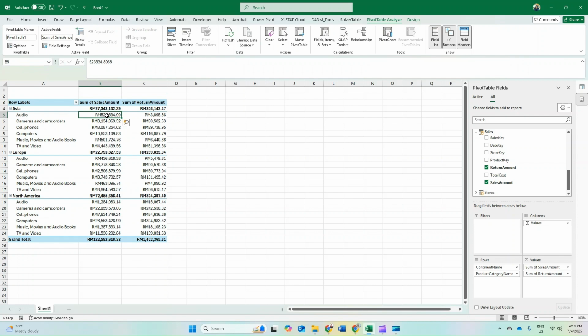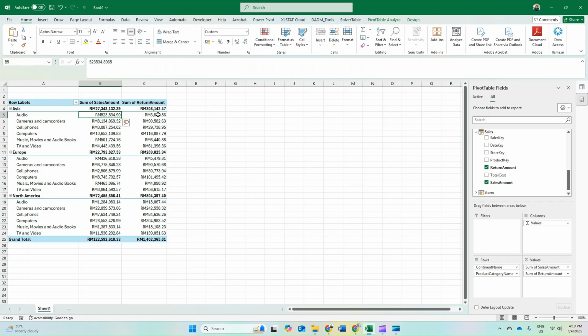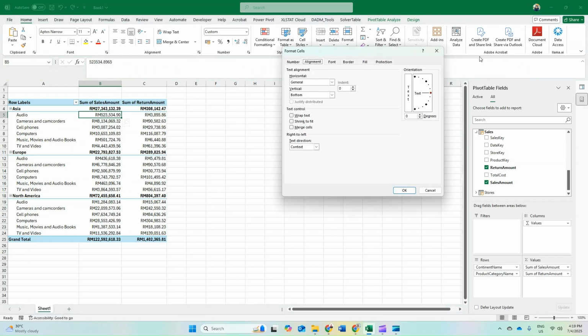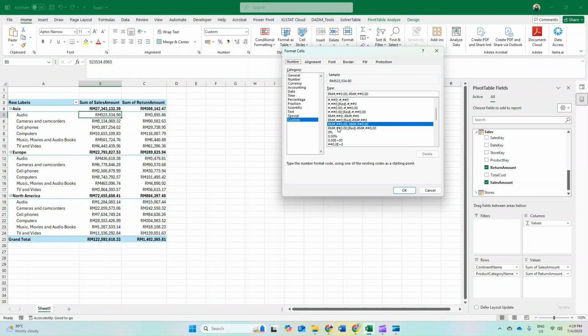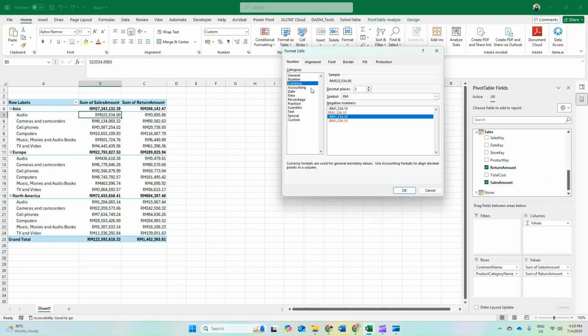So you can change this, because mine is set in RM, so you can change the value to Singapore dollar. So this is automatic. Then let's say you want to change it to currency, change it to US dollar, English.